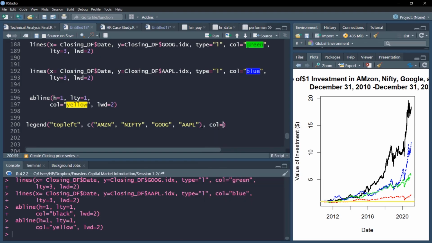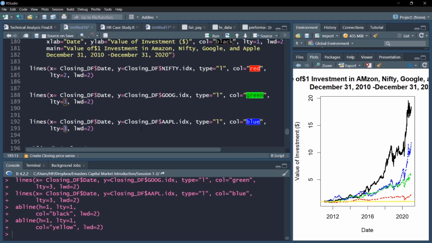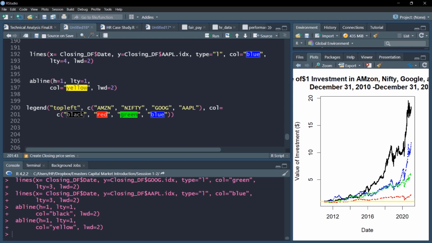Next we'll add the colors. We have to be consistent, so first black, the same way we have given to the stock cumulative line, so black, then red, then green, then blue. Now we'll specify the line types which we have added as 1, 2, 3, 4. I need to add the line type, so lty equal to c(1, 2, 3, 4),